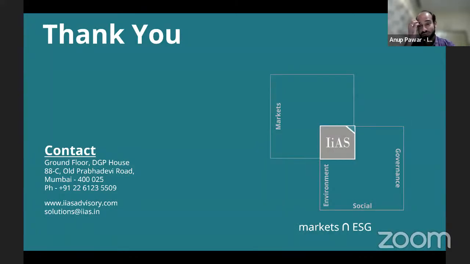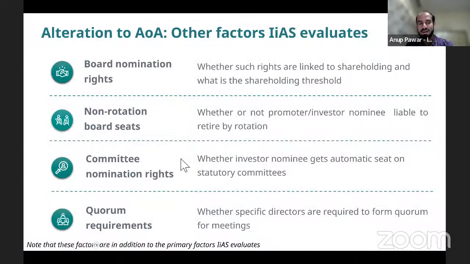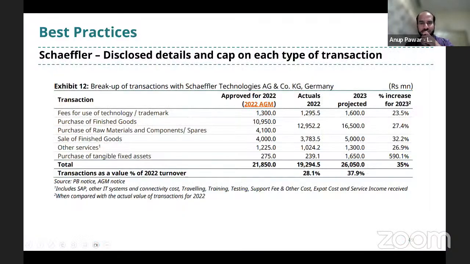So this is what I had to say. Happy for questions. What I also asked one of my colleagues, Vinesh, to do is, like I said, all of this data that I showed you is from a